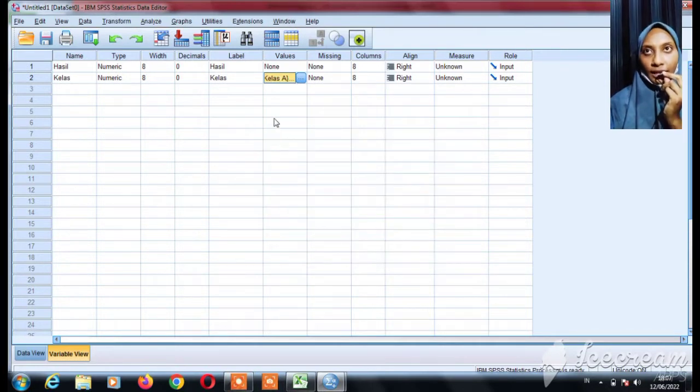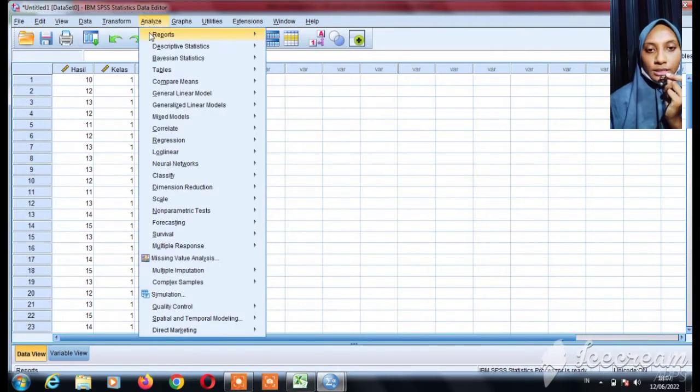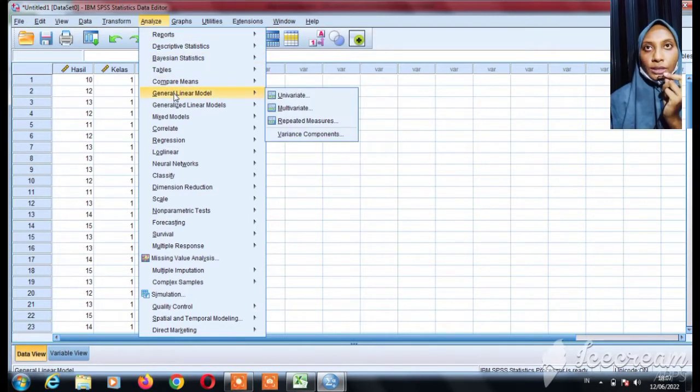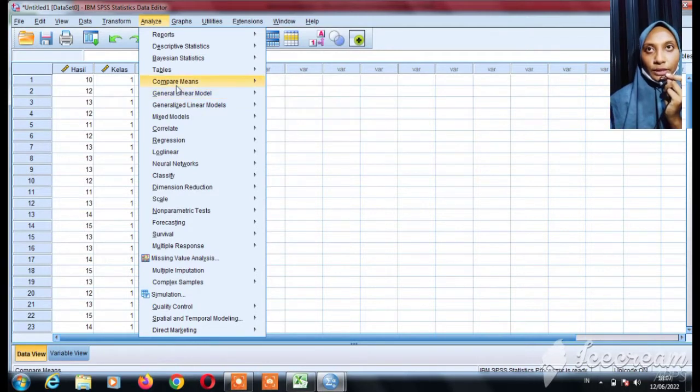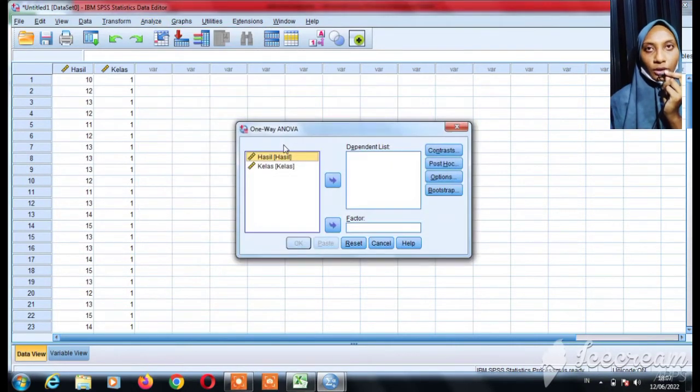Then click Analyze. Then Compare Means, then select One-Way ANOVA. Then the display will appear on the screen. We select the result and then we move it to the dependent list. And we move the class to the factor. Then select Options. Then check Homogeneity of variance test.